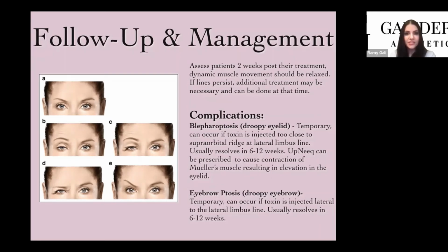If they still have some movement, just go ahead and take a look. Where is that movement coming from? Is it coming from the head of the corrugator? Is it coming from the tail end of the depressor muscle? Is it coming from that procerus muscle when they pull down? And then you can go ahead and add onto that movement the same way you did with your first